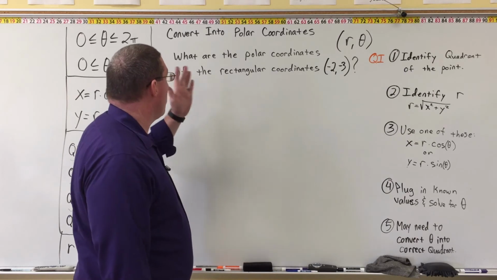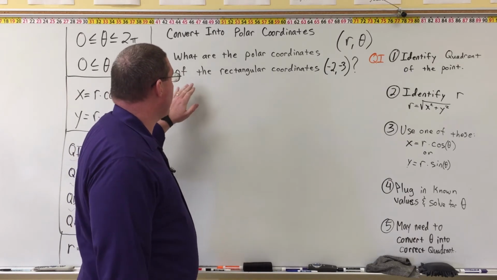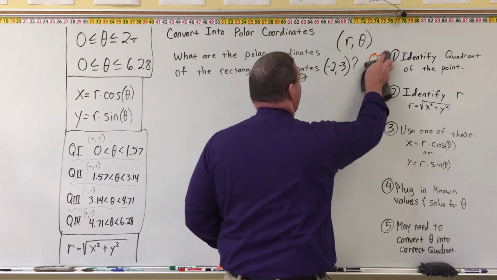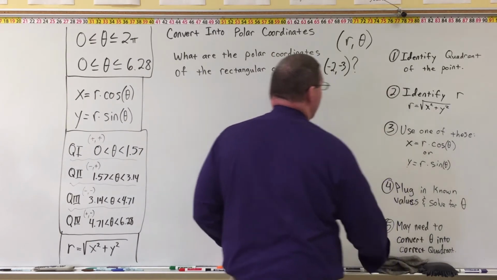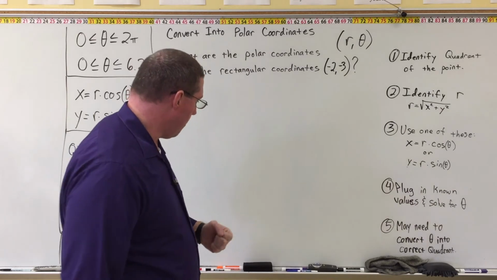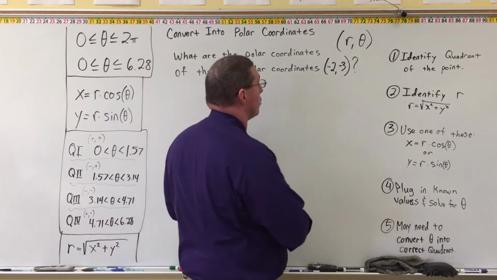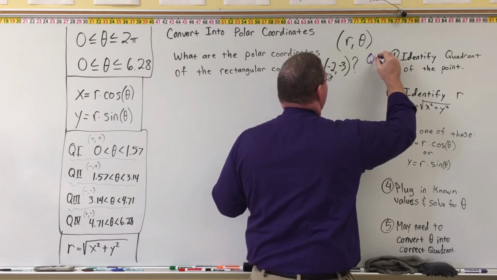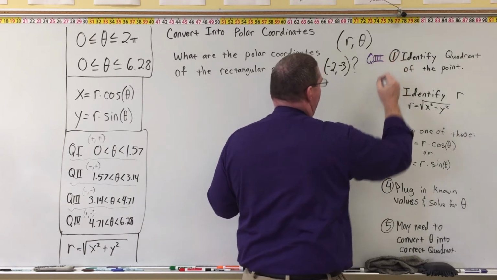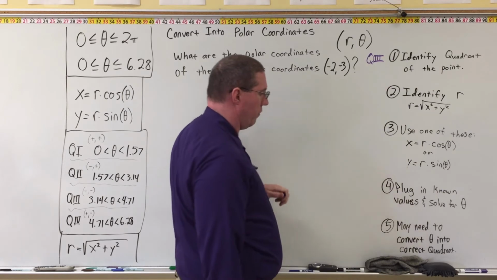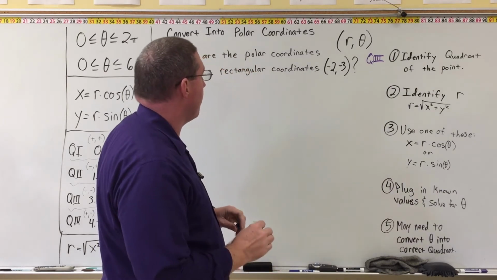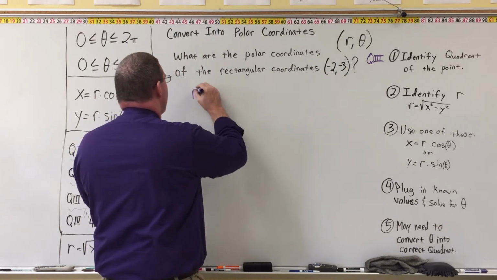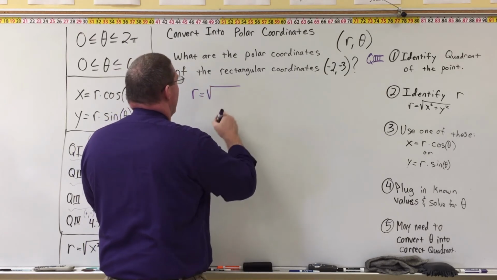All right, so this one says, what are the polar coordinates of the rectangular coordinates -2, -3? Okay. The first thing we want to do is identify the quadrant of the point. This point is in quadrant 3 because both values are negative. And because it's in quadrant 3, we are definitely going to have to do some kind of conversion of theta in step 5. Now we're going to identify r, and so r is equal to the square root of x